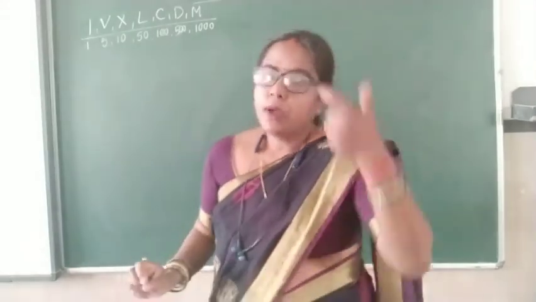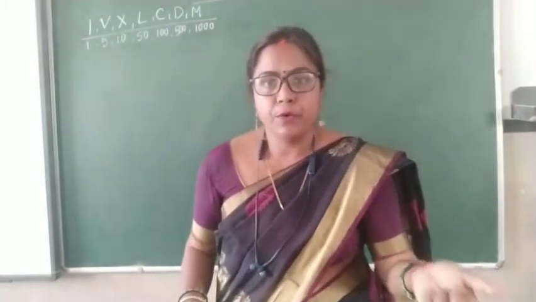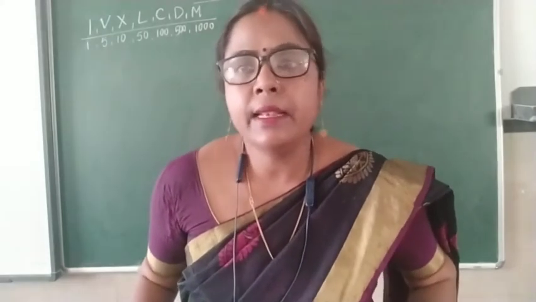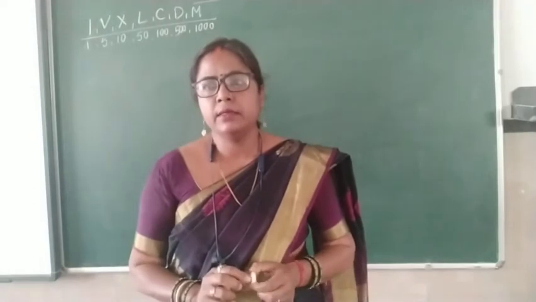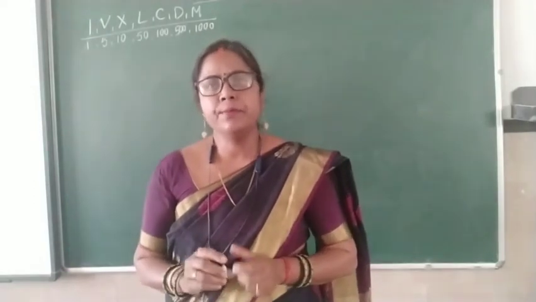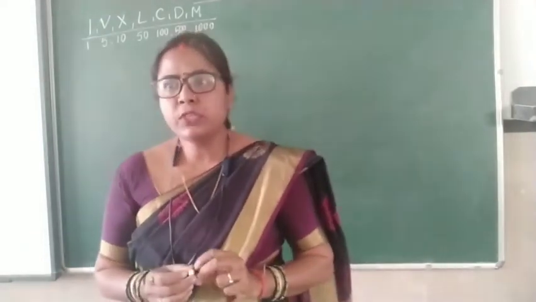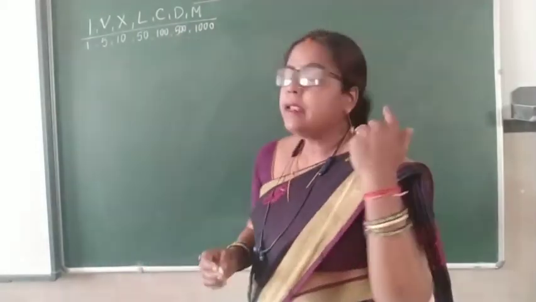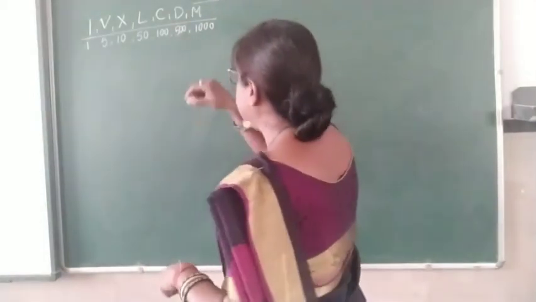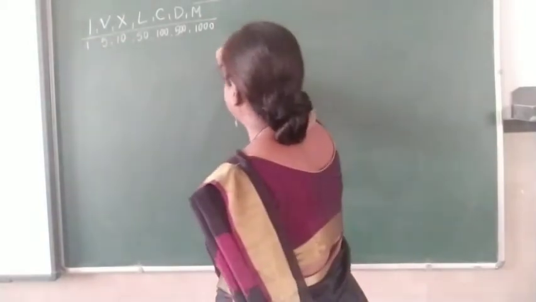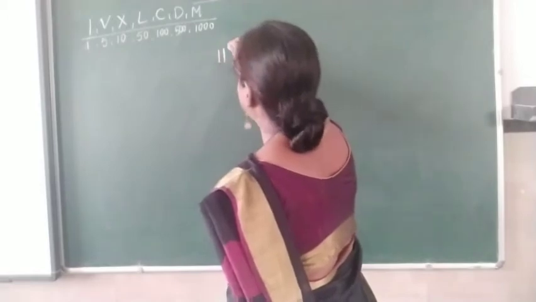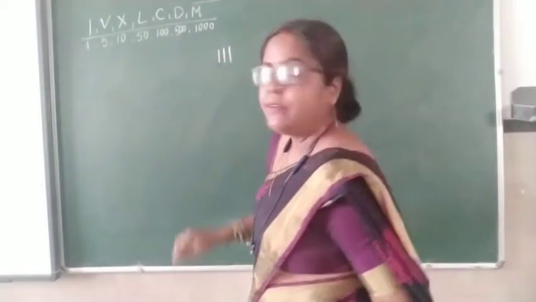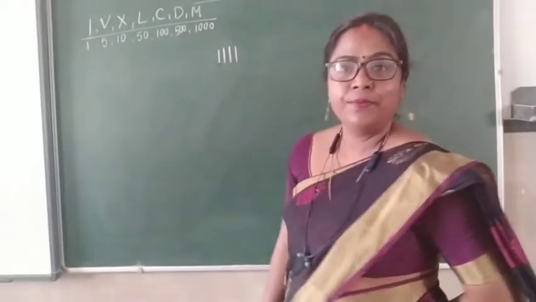If I have to write Roman numerals, we will add or subtract the symbols and then write down the Roman numeral. Some basic rules: the first rule is about repeating a symbol. I am starting with I. If it is written 1 time, it is 1. If it is written 2 times, 2. 3 times, 3. It means when we repeat it 4 times, it is 4?